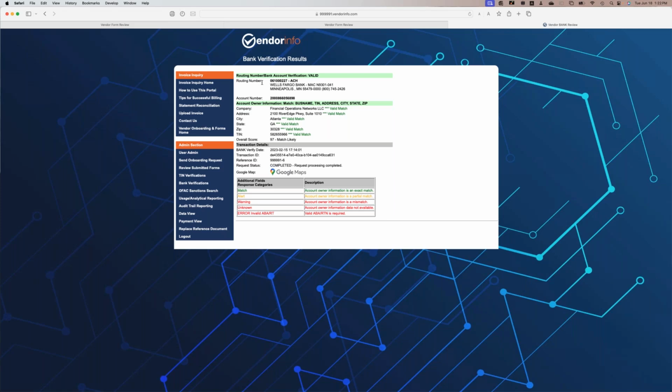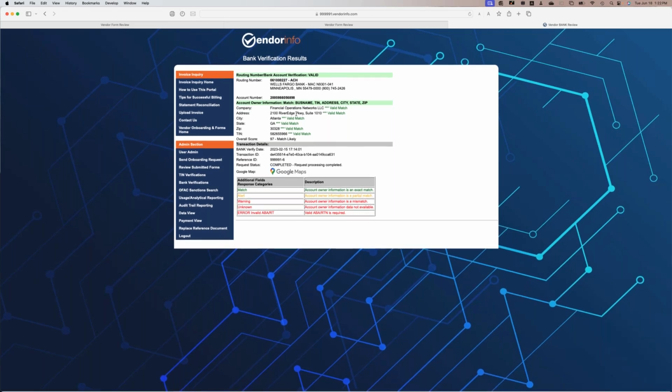So there's an 8-point account and ownership matching process. One is the routing number and the account number. What this shows is that this actually is a valid account and it's open. And this eliminates, as Mark mentioned earlier, the need to do a penny test or a prenote.